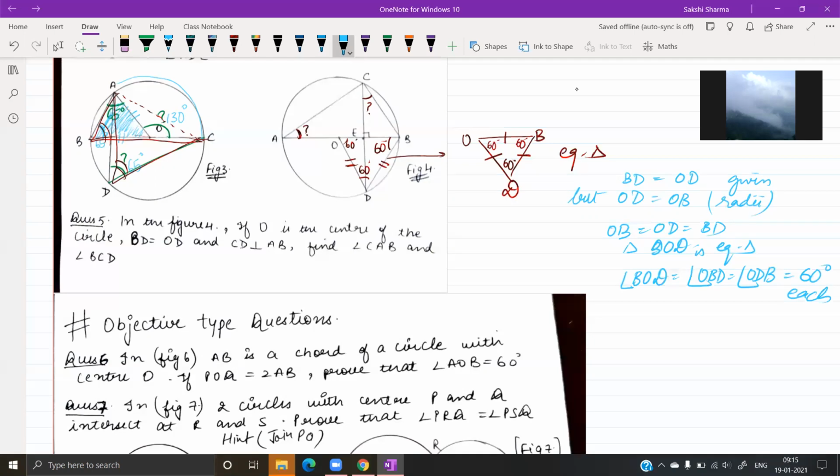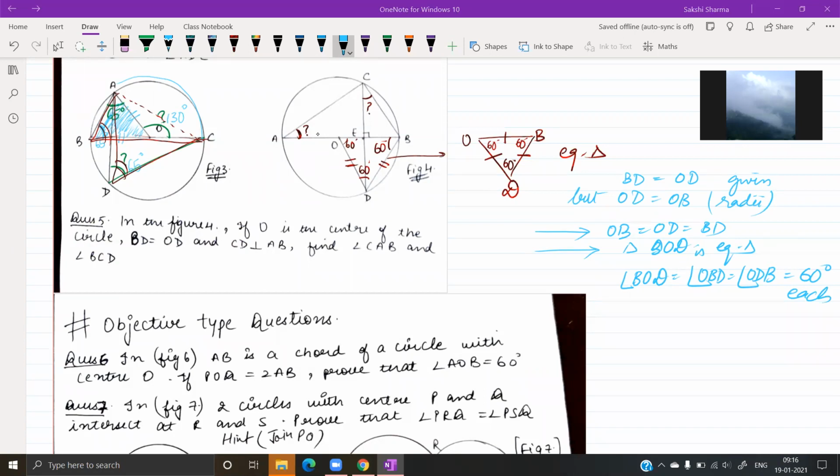You need not write in detail; you could simply write that the triangle is equilateral and each angle will be equal to 60 degrees. You can just mention the ones which you require. If you don't want to write all three equal to 60 degrees, that's completely fine. All right. After this, we focus on the angles that we want to find out and see if any of them is related to the ones whose value we just calculated.